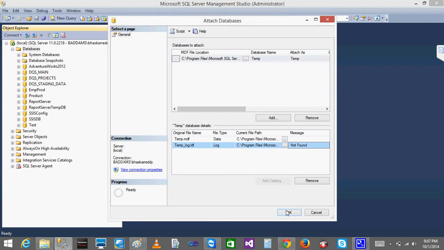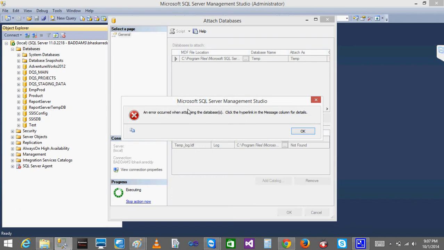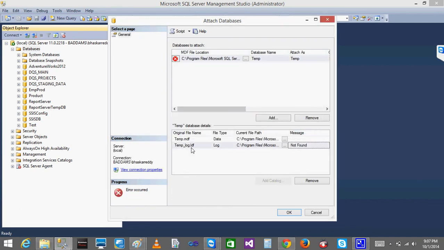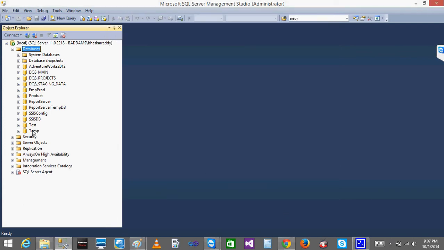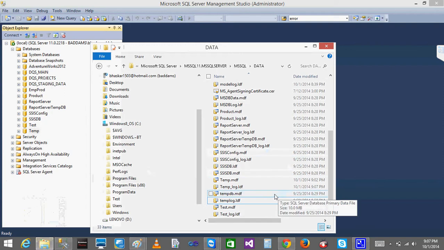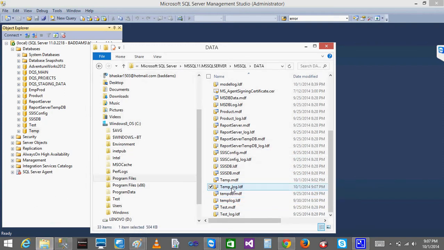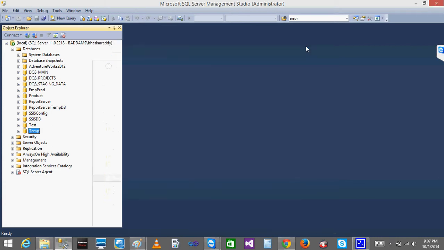So what I will do, if I click OK, then it will show an error because that log file is not there, but you are trying to attach them. So since that file is not there, I will remove that file. Only this file is there. Okay, I didn't get any message. Now when I click OK, a database will be created. At the same time, that log file also will be created here by default. See, temp_log. Even if you don't have it, it will get created. Okay, this is one kind of thing.